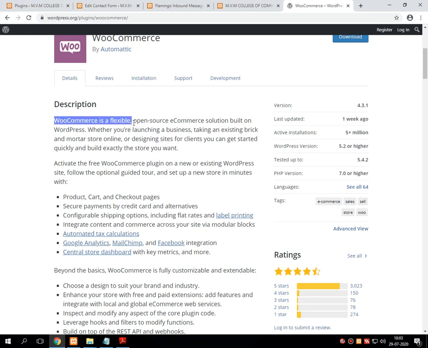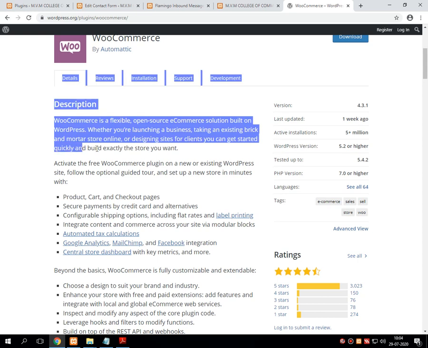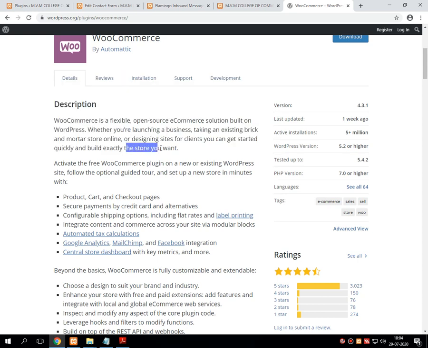WooCommerce is a flexible, open source e-commerce solution built on WordPress. Whether you are launching a business, taking an existing brick and mortar store online, or designing a site for a client, you can get started quickly and build exactly the store you want.